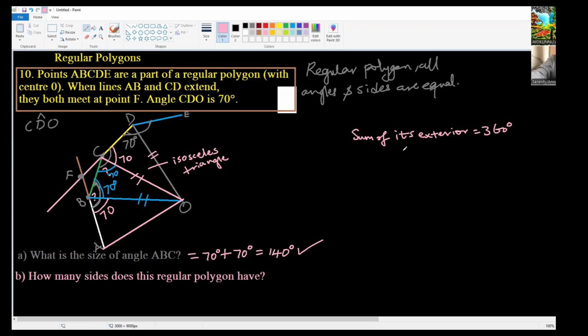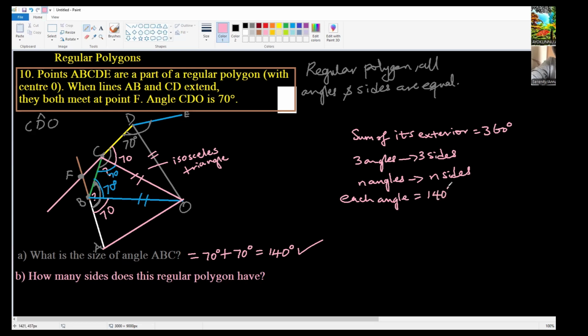Is that clear? Yeah. If there are three angles in the exterior, that means there are three sides too, okay? That means three sides. So we don't know the number of angles. So let's say n angles, then that gives us n sides. But we know the value of one of the angles: if each angle equals 140 degrees interior angle,